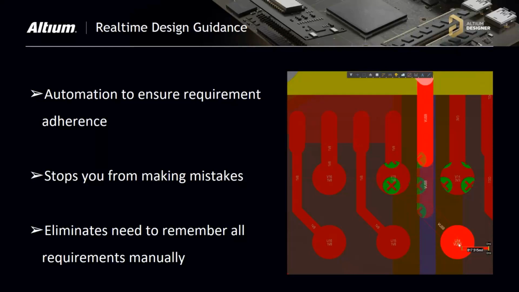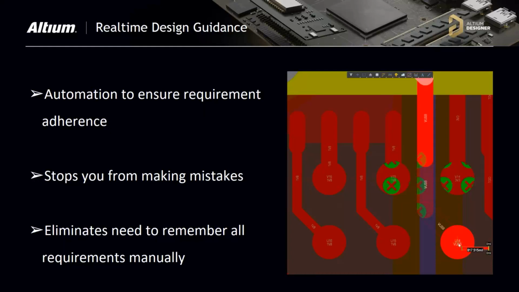There are 2 types: online and batch rule mode. Essentially, when you have the online mode, the system will check during the routing process whether this particular trace is meeting all the design criteria or not. It is called online DRC. Batch DRC means if we have a bunch of rules that we want to run together, then we can run the batch DRC by using the DRC check, which Altium supports.